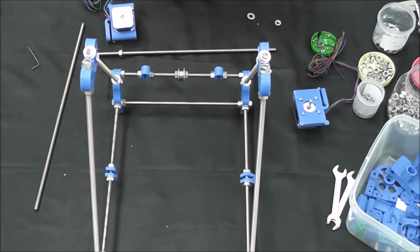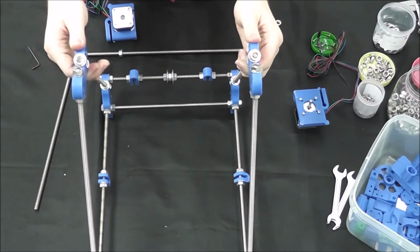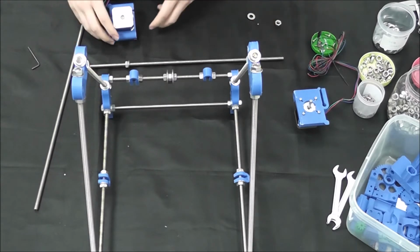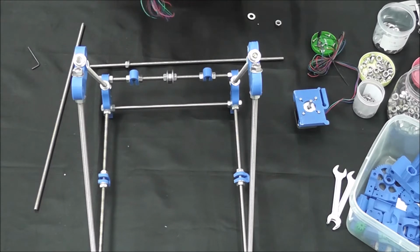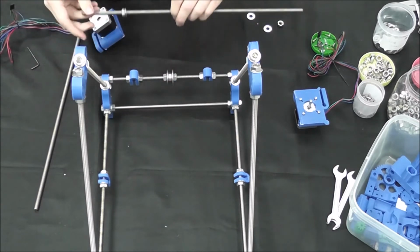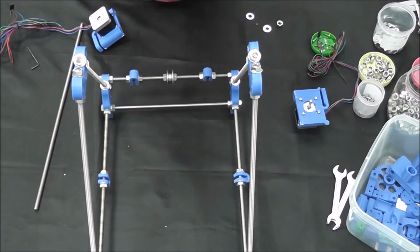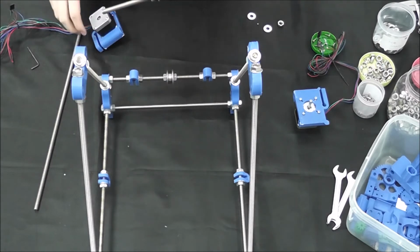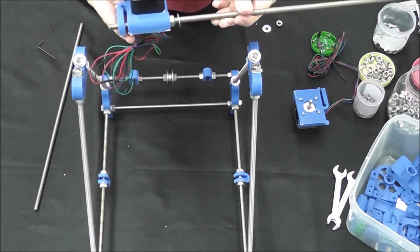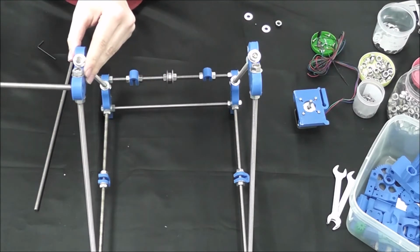Right, now we're going to get ready to put our top on here, and we are not going to need to measure much. Just a matter of getting the rods and motors mounted so they're lined up. We have our right one here, and we have our threaded rod with a nut already on it, a little bit of the way up, maybe a fifth of the way. So we're going to go ahead and slide the motor mount on the rod and then thread it all the way through,